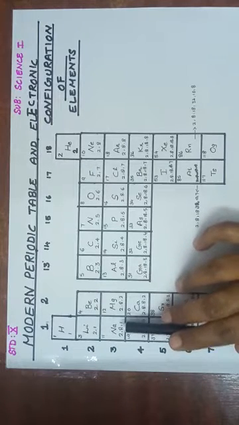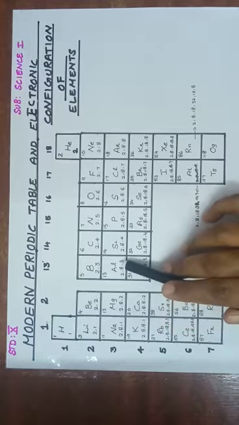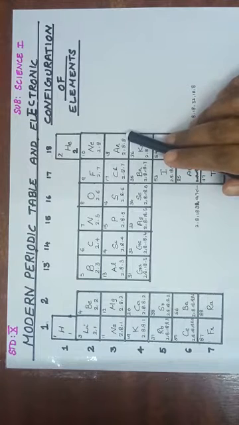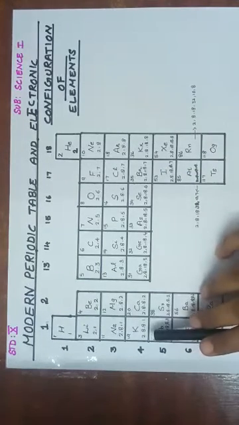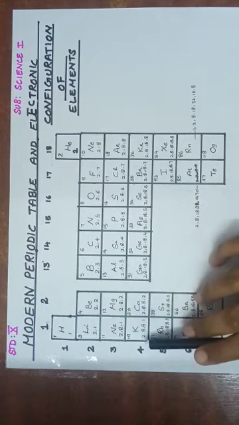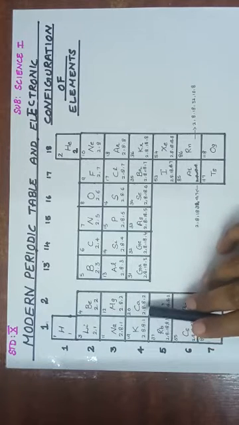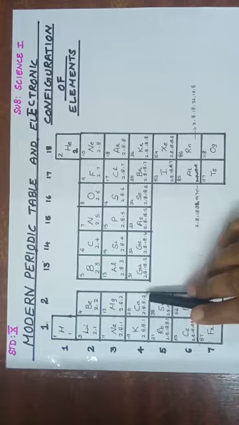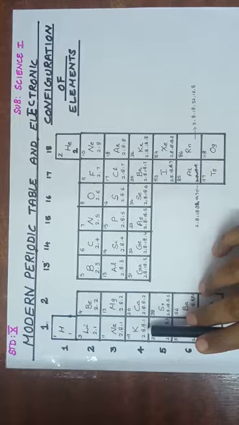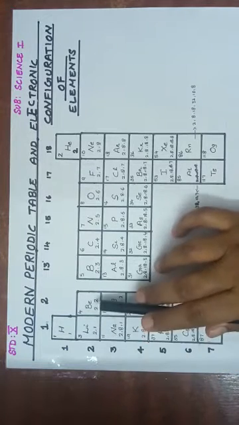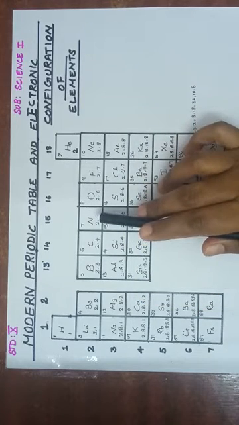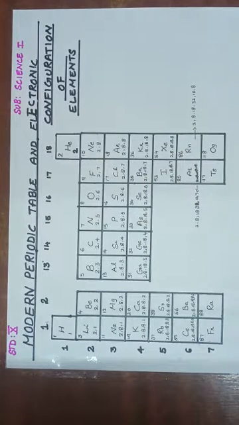Now when you go to the third period, here also you can see the number of shells: first sodium 3, second magnesium 3, aluminum also 3. That means all the elements in the third period also have the same number of shells. In the fourth period, some elements are written over here, but the transition elements in between are not written. The remaining elements are written over here. So here also you can see that the number of shells is 4 only. So from this it is clear that the period number indicates the number of shells in the orbit.